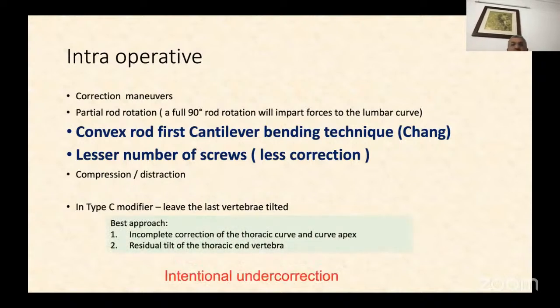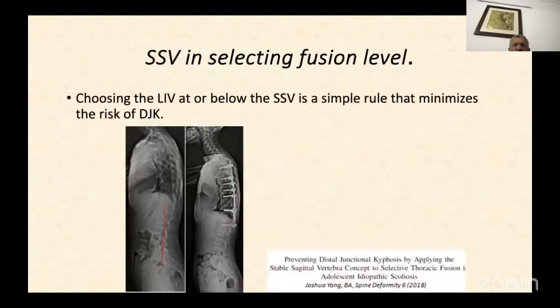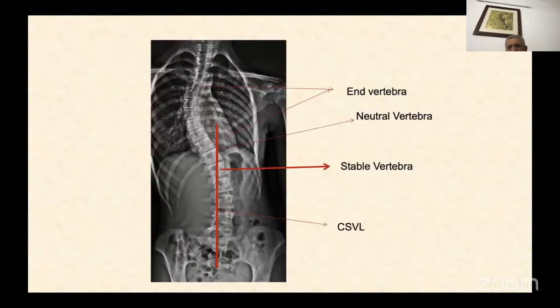That means you are doing an intentional undercorrection, an incomplete correction of the thoracic curve, and a residual tilt of the thoracic end vertebra. That's what I would prefer to do. It's basically because I would prefer to come to the stable vertebra. As I showed in this figure earlier, when you are coming into the L1, which is a stable vertebra here,